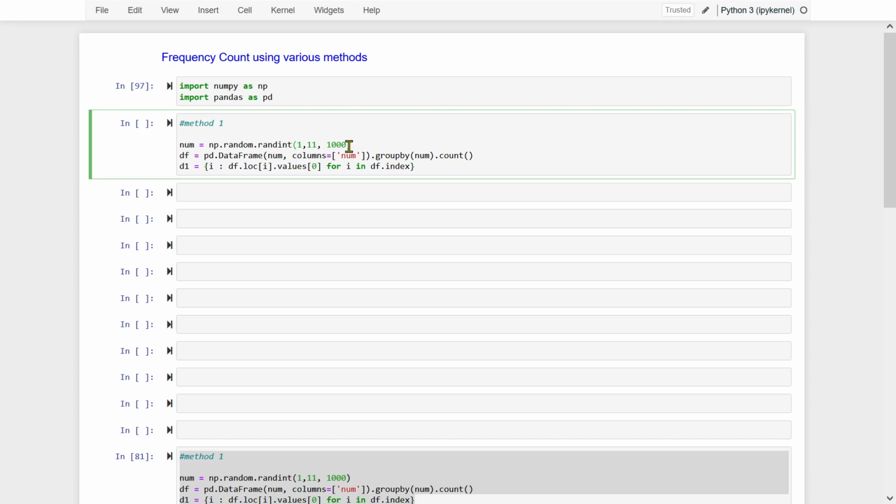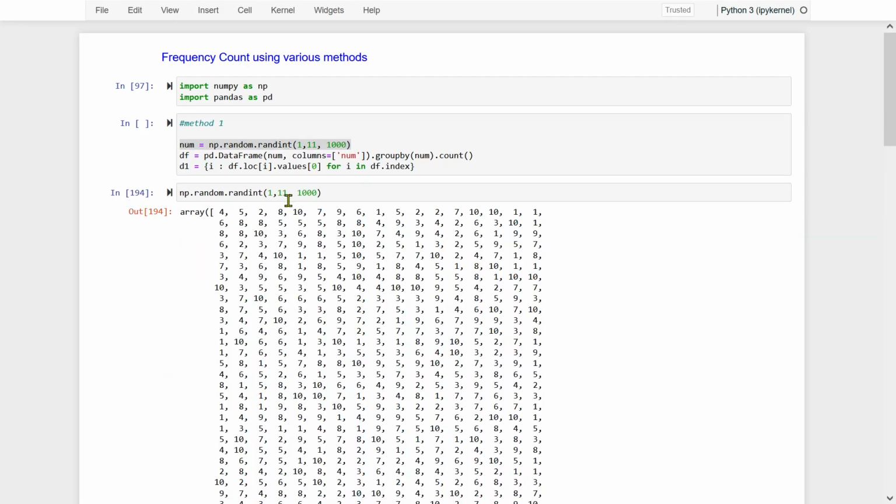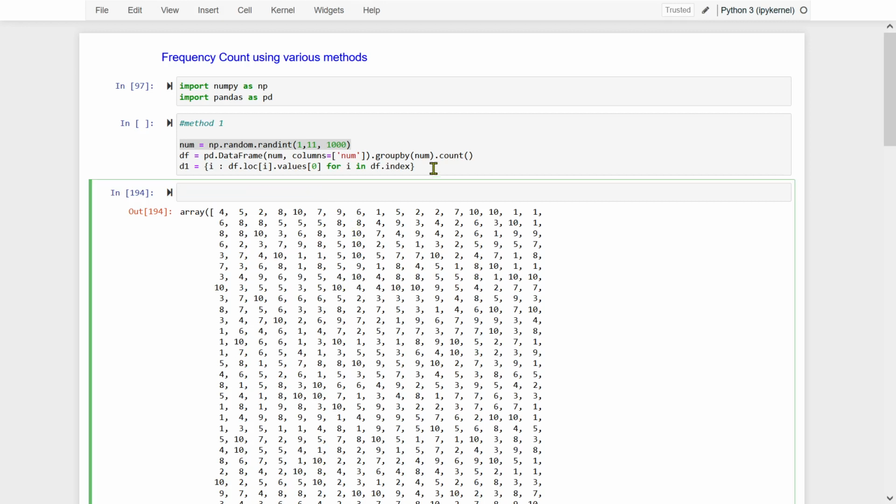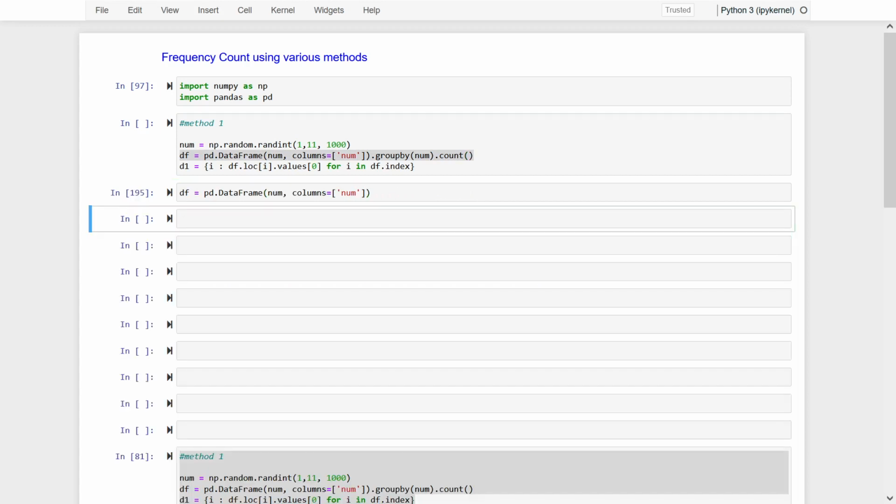The line number one is the usual one, nothing but generating 1 to 10,000 numbers. Okay, this we know. What is the second line? The second line has got two components. I will explain both the components. Let us see what the first component is doing. The first component says